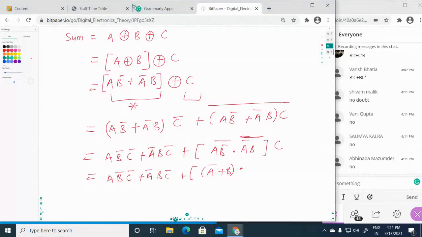Same De Morgan theorem is applied here also. This is A plus B bar, and outside this C is available. Now you have to multiply the terms here. What will you get? All of you quickly give your response. What is the output here?